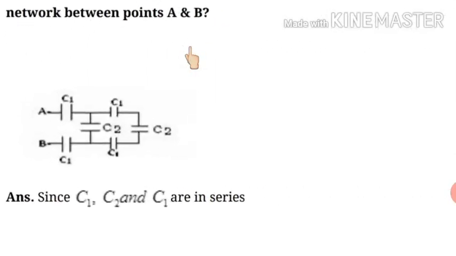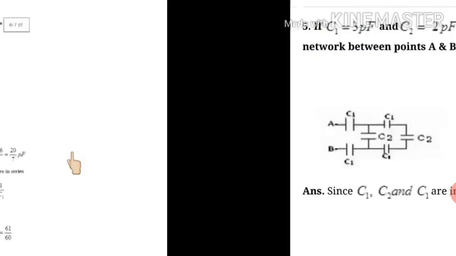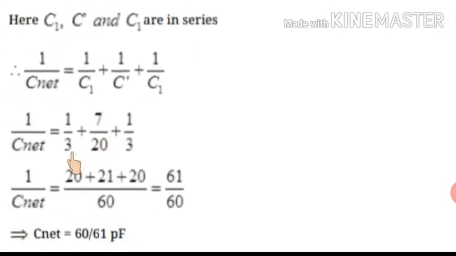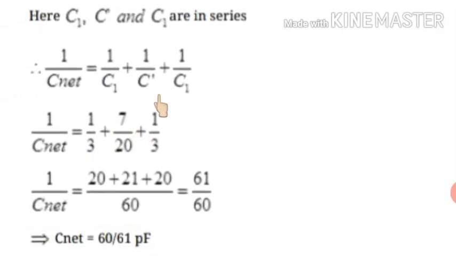Now let me show you. We have calculated the equivalent capacitance of these four capacitors. Now that equivalent capacitance of these four capacitors and C1 are in series combination. And again, we know for series combination what we have to do. We have to apply this. So the net capacitance, that is 1 upon C net, equals 1 upon C1 plus 1 upon C dash or double dash plus 1 upon C1. Now we have already calculated the value of this, so it will be replaced by 7 upon 20. Actually we got 20 upon 7, but here we have to write the reciprocal. So it will be 7 upon 20.